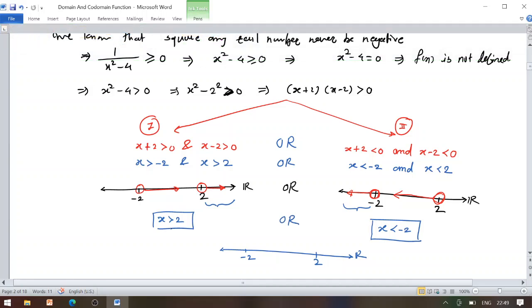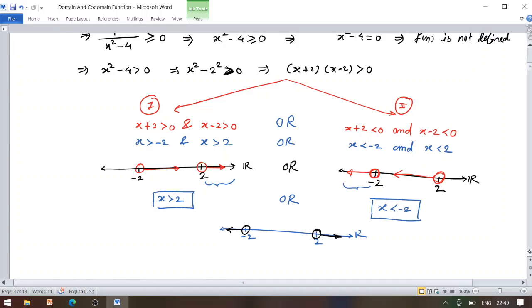So which are the numbers that should be strictly greater than 2? 2 is not included, whatever number is right of 2. While which are the possible real numbers that are strictly less than minus 2? Minus 2 is not included, and whatever number lies just left of minus 2 is always less than 2. So as per that we will get now the union of both cases, meaning our required domain or the possible